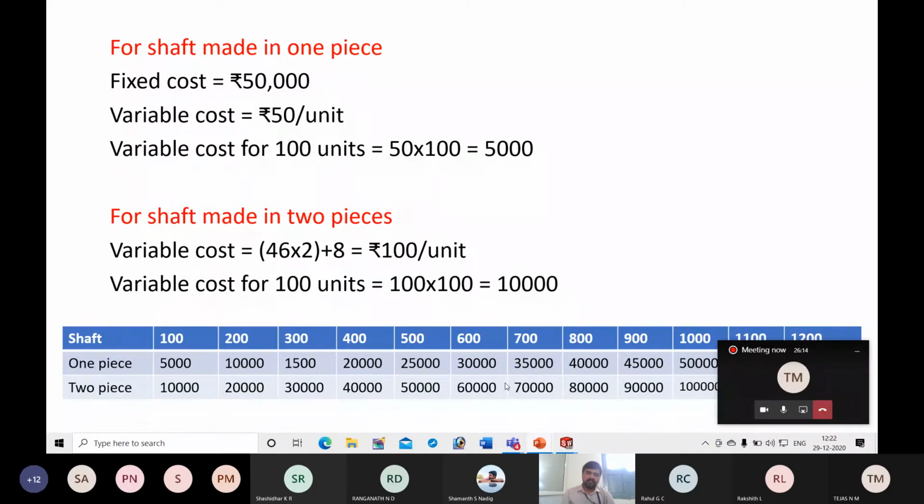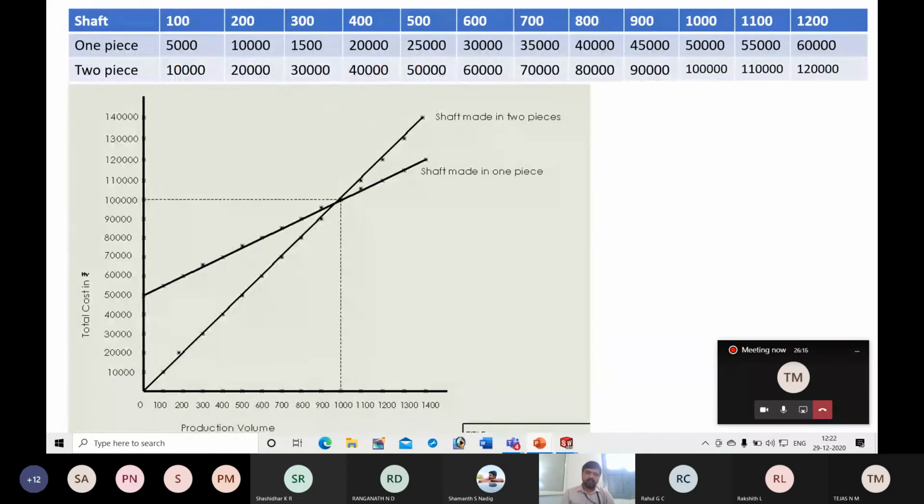Next you have to plot a graph of total cost and production volume. I have considered 100 units for each interval in case of production volume, and in case of cost I have considered 1 unit as 10,000 rupees. Now consider the values.